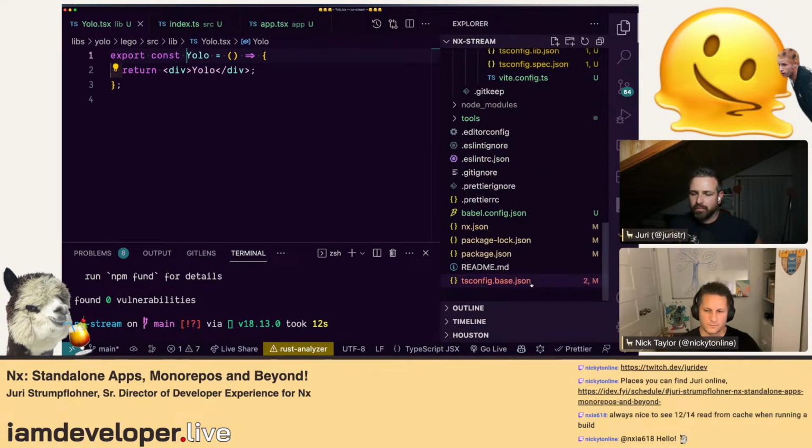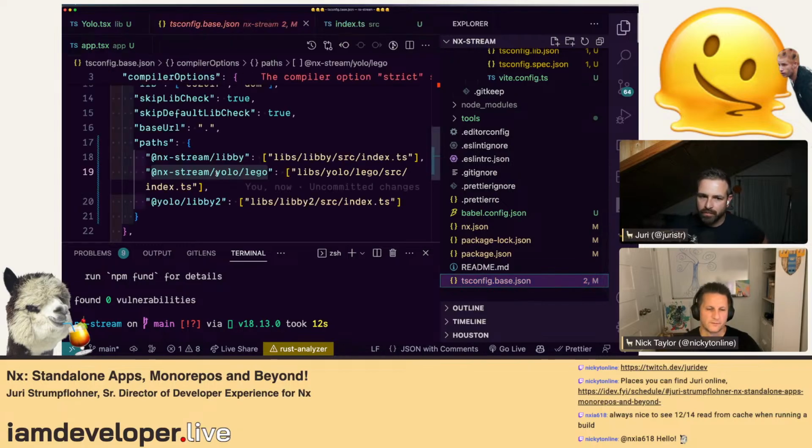And to be clear here too, I'm definitely familiar with the paths in TypeScript. So it's kind of like an alias to some degree. Exactly. In terms of Vite, does it just know to read the TS paths here? Because when I used to do this in Webpack, I would have the path in here, and then I would also have to create a Webpack alias. But I imagine Vite just handles it behind the scenes. Yeah, that's what we do behind the scenes.